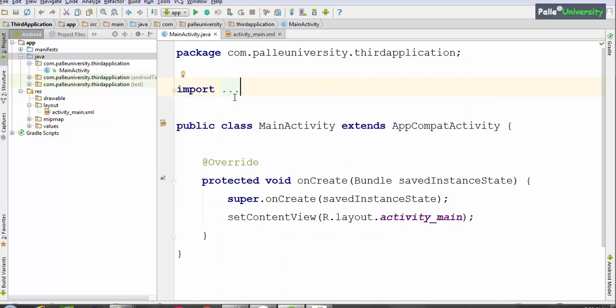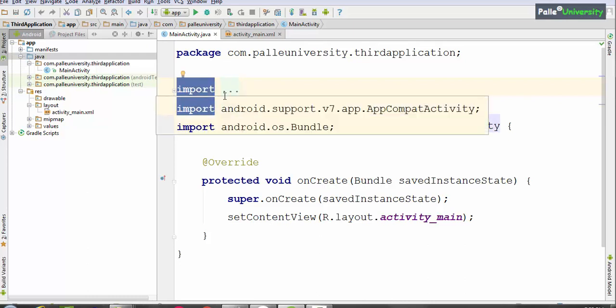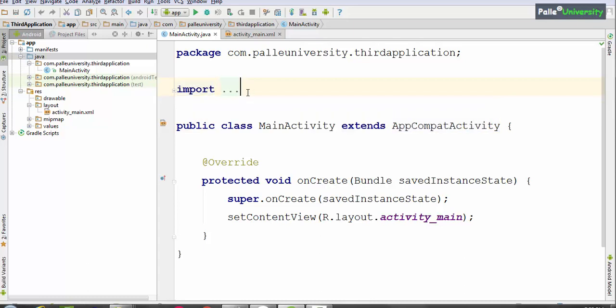You can imagine import statement is something like #include <stdio.h> in C programming language. What is the purpose of #include <stdio.h>? That will include predefined header file with the name stdio into your class. Similarly, here import is used to include predefined classes of Android. So that is not more important for us. Let me start our important code.